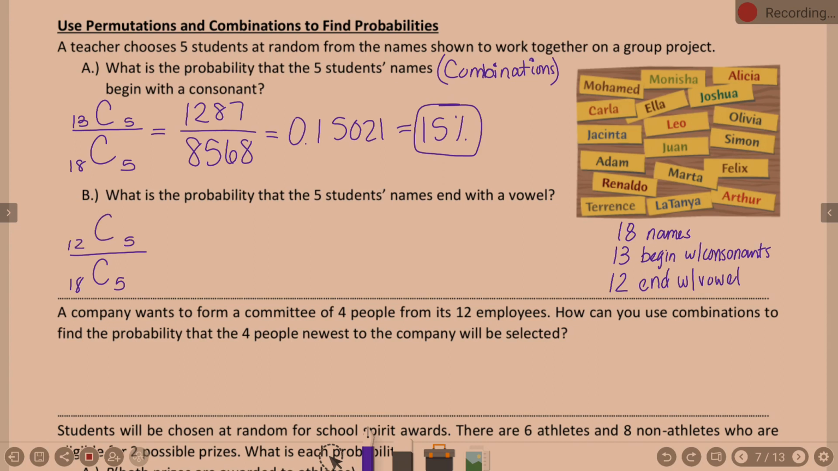Are you trying out your calculator? Okay. It's a nice handy button to have, isn't it? 12C5, what are you getting? 719. Yep, you got it. 18C5. We already knew it was 8568. We're going to divide and get,